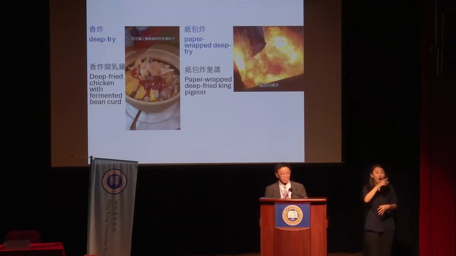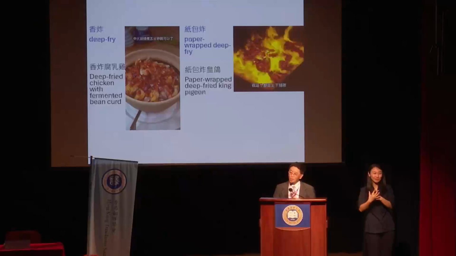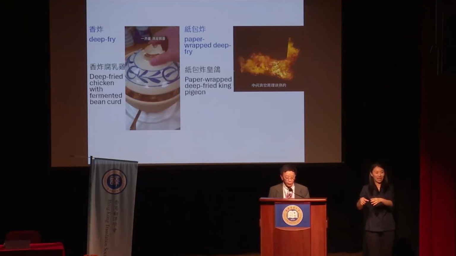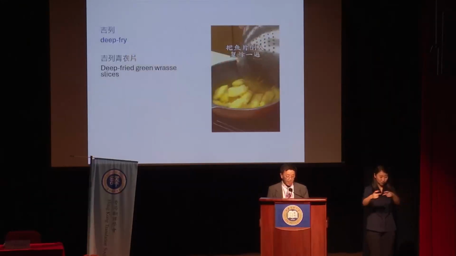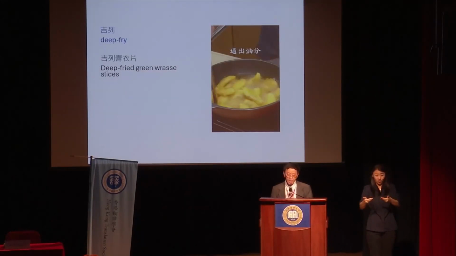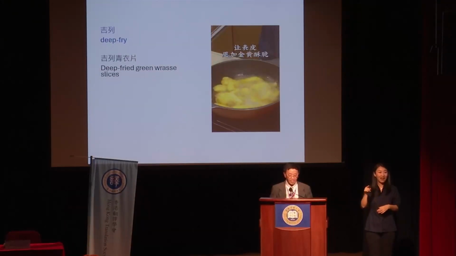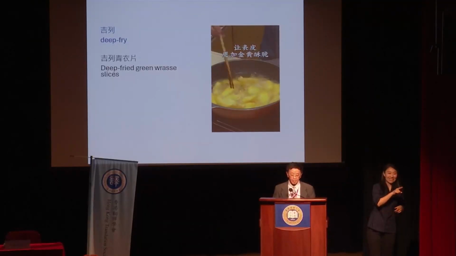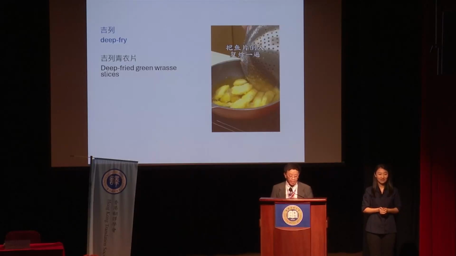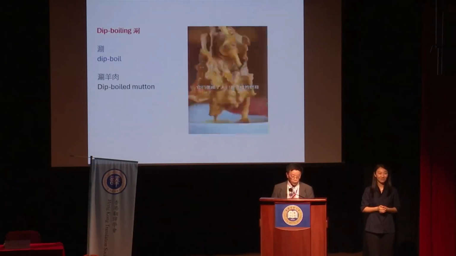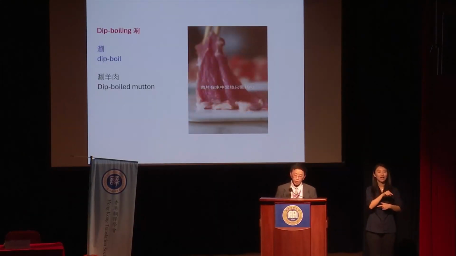Xiang zha and zi bao zha. Okay, there are so many ways that we deep fry food, but then produce excellent dishes in this manner. Another way of saying zha would be ji lian, say ji lian niu pa, meaning deep fry steak, and so on. Okay, so this is what we call dry. Also, one way of cooking would be deep